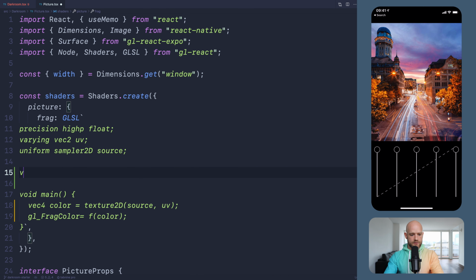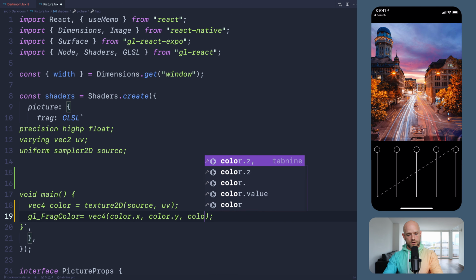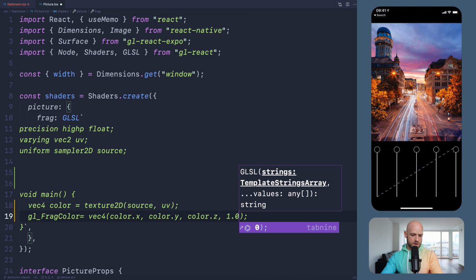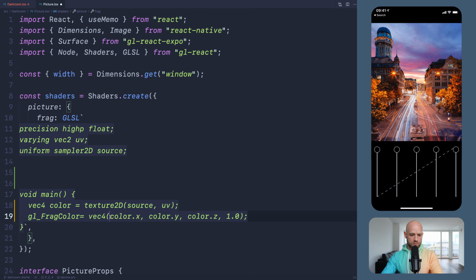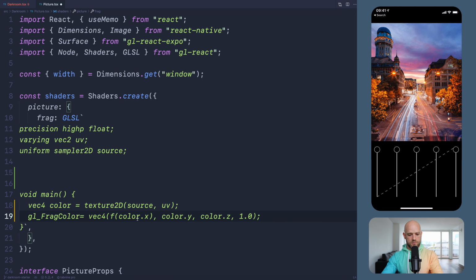So I can write an f function, which returns, sorry, we have a color, and so we have color X, color Y, color Z, and then here for opacity we have 1. And we know that we need to apply an f function to every one of these colors. So we apply f